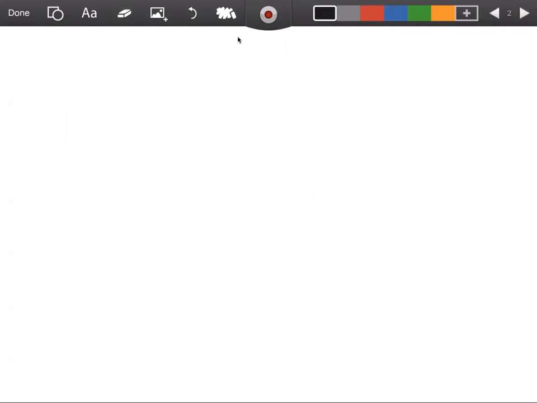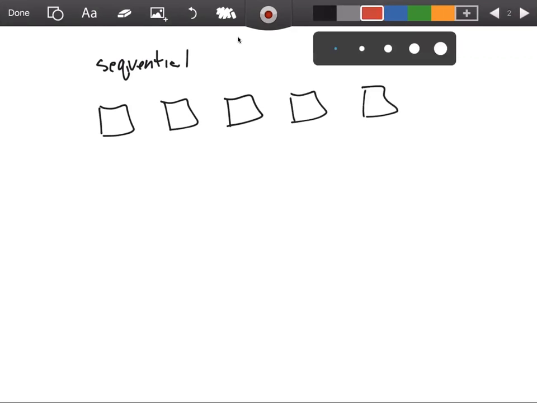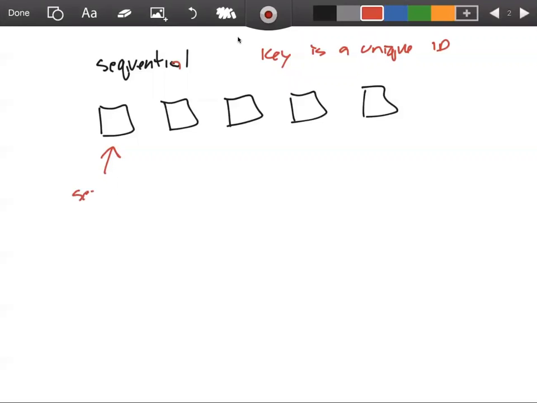But the idea of the sequential search is that you have some series of elements, however those are defined, whether it's a linked list or an array, it doesn't matter. You have to have for your list some key, which is a unique identifier. So if you're dealing with student records, it could be your student ID number. So you have to know if you found it. So you search for the key in the first array position or the first of the linked list, and you just keep going until either you find it